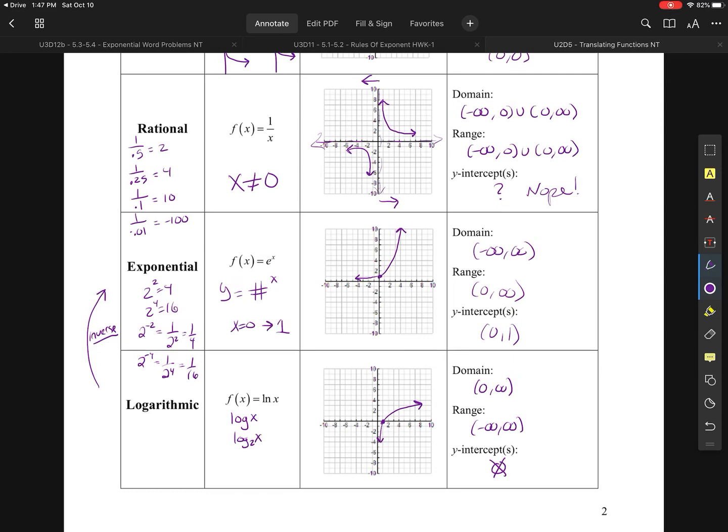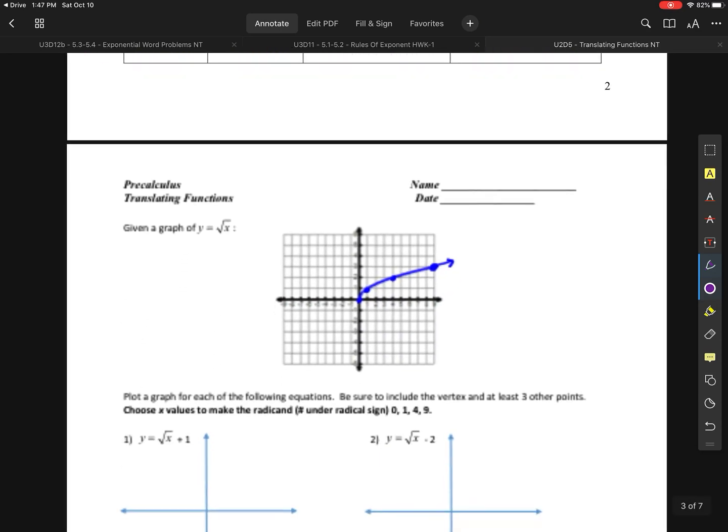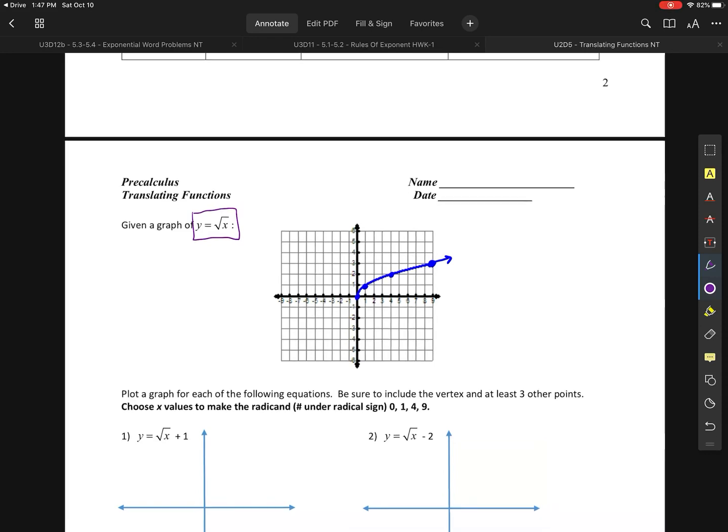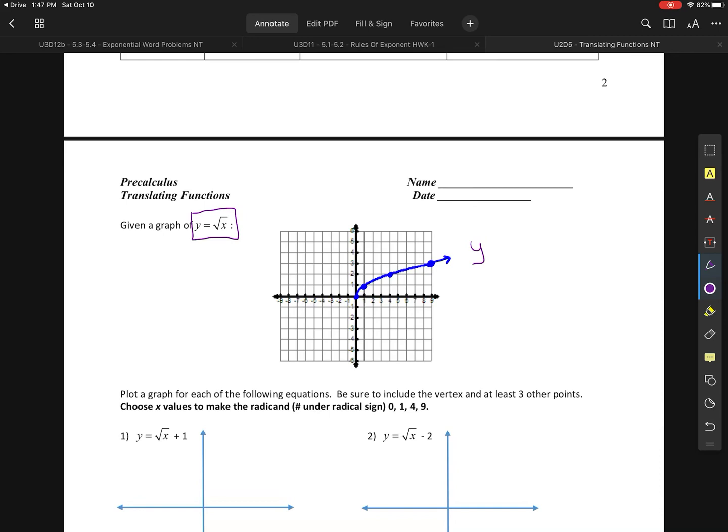Okay, so now here is our normal y equals square root of x graph. Right, so I want to talk about how we modify these equations. So the general form of y equals root x is y equals a root of (x minus h) plus k. And this is the exact same thing